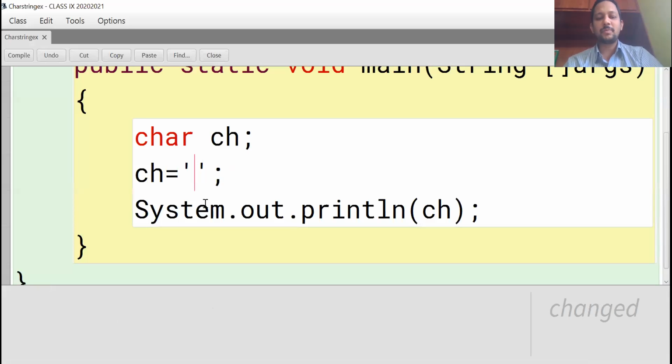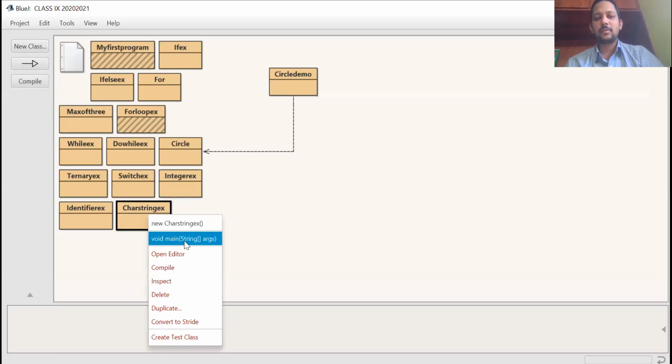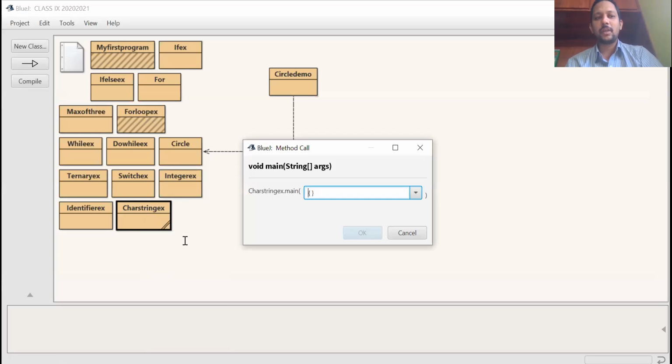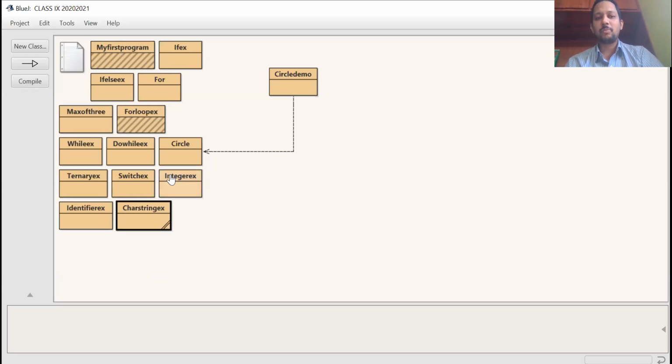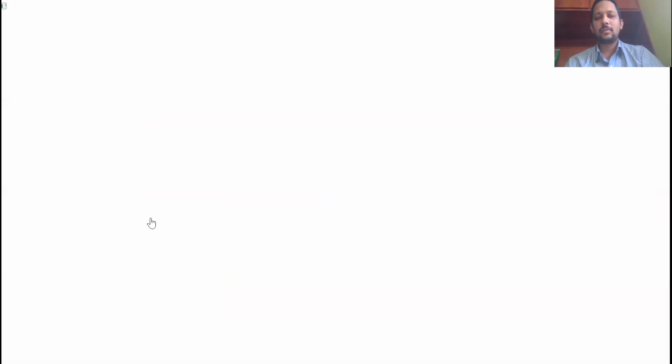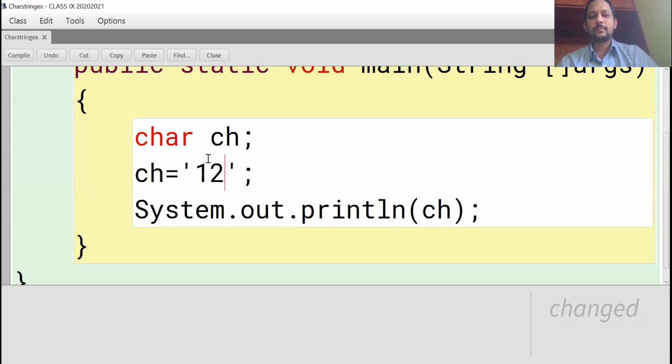Next one, see. If I am using any special symbol, @ or dollar or anything, it should be enclosed in single quotes. For example, digits 0 to 9 only, if you use them without quotes and compile, what will you get?